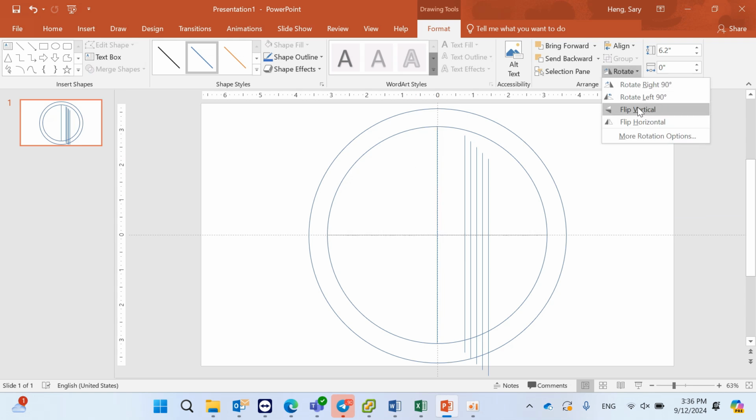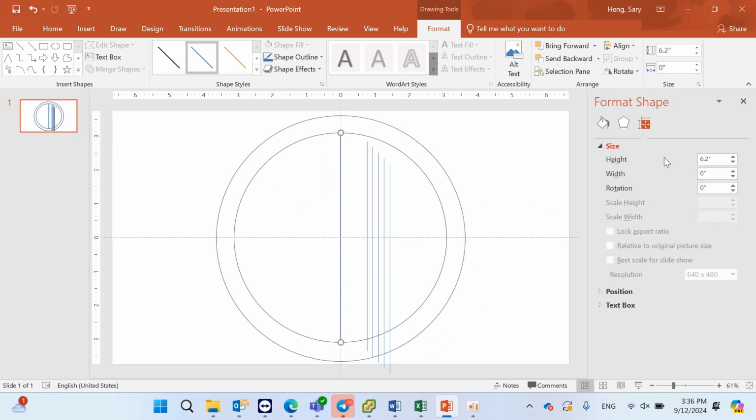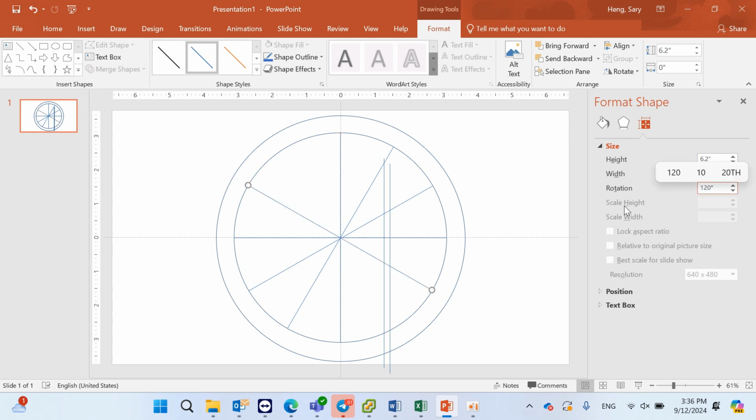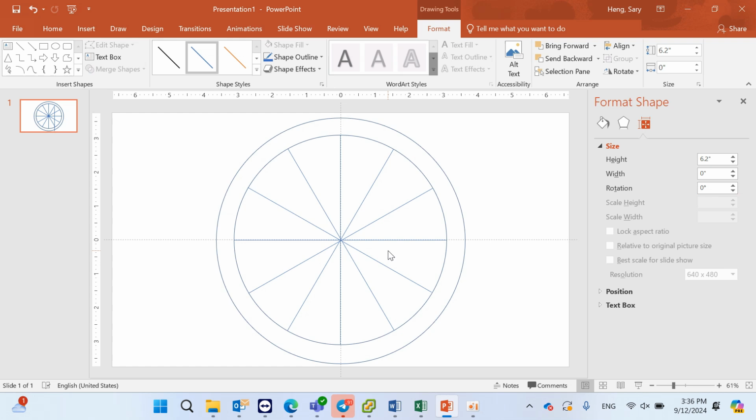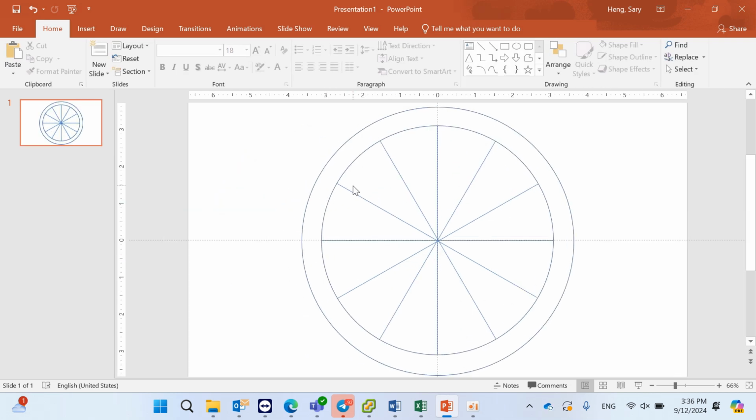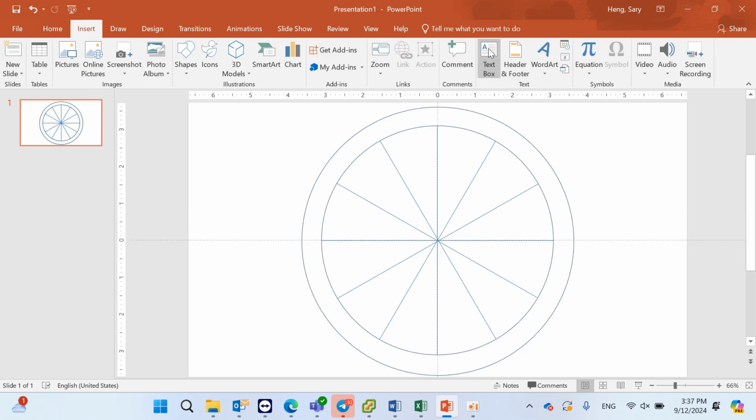go to rotation and more rotation options, and for rotation I need 30 degrees, and the third line I need, go to rotation the same, I need 60 degrees, and another one I need 90 degrees, and I need 120 degrees. For the last one I need 150 degrees, so this one I will delete, something like this, and then go to insert and select text box